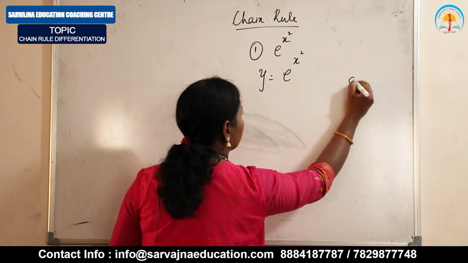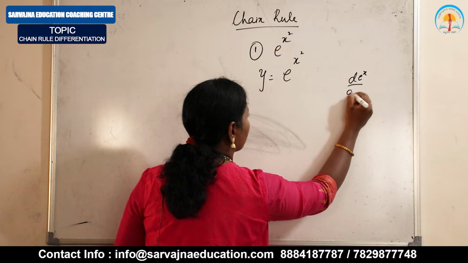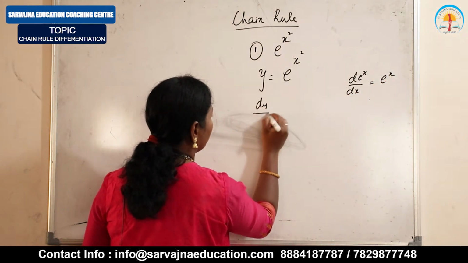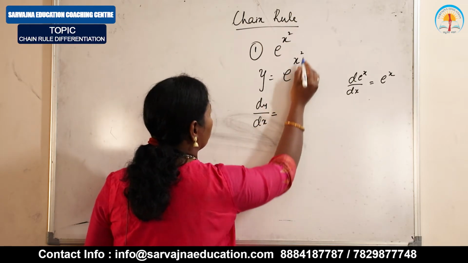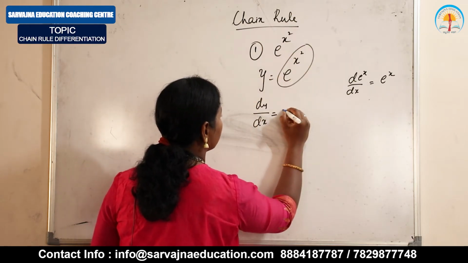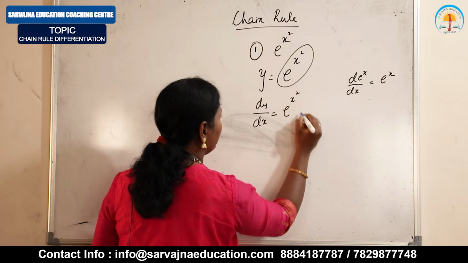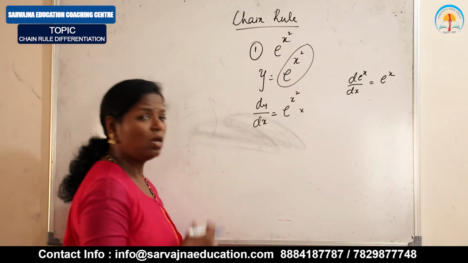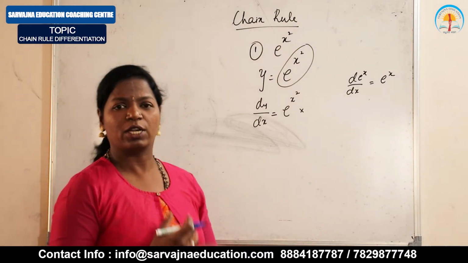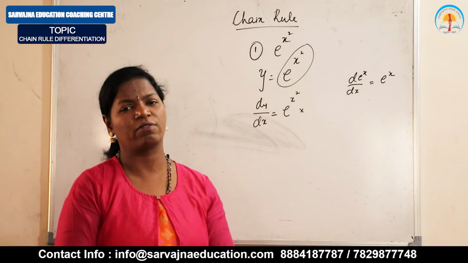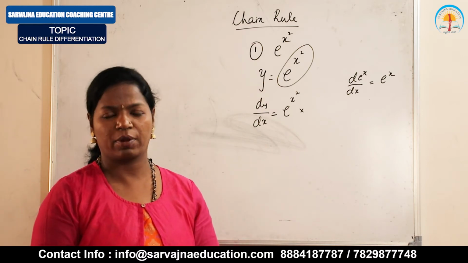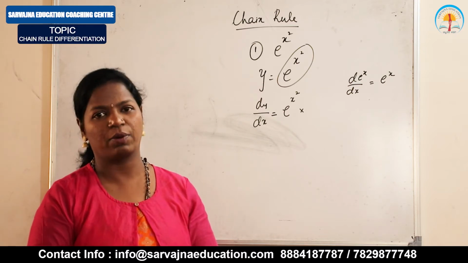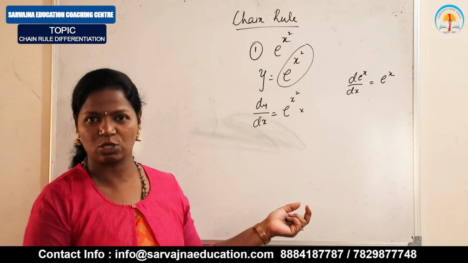As I already know that d by dx of e power x is e power x, so dy by dx is equal to, we have to write this as e power x square only, into, first you have to do the basic. First you have to differentiate the basic. Okay. So it looks like e power x. So basic you have to differentiate first. e power x, e power x. So in the place of x, x square is there, but still it looks like e power x. So I have written e to the power of x square.